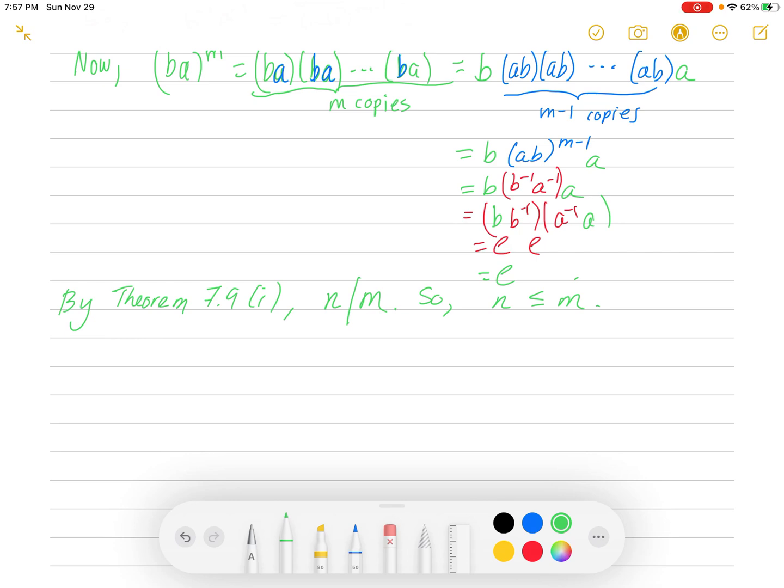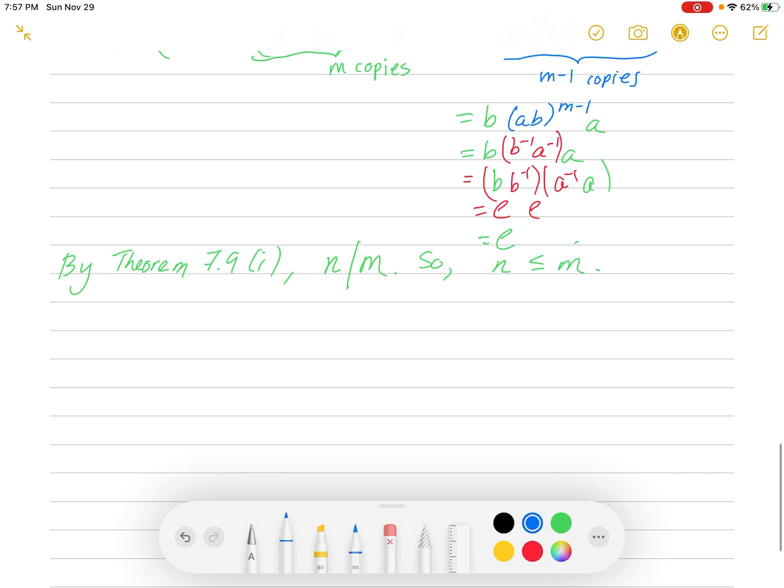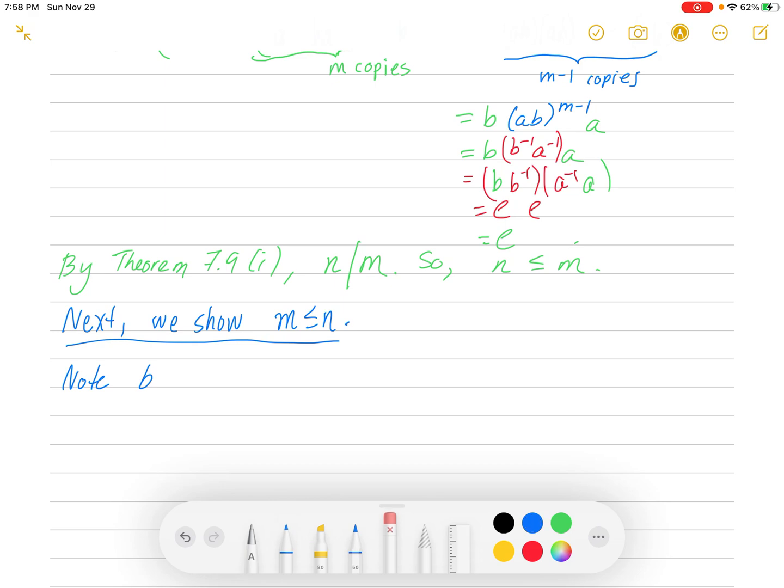So we're going to do a similar thing to show m is also less than or equal to n. So next, we show, it's pretty much the same argument. Next, we show m is less than or equal to n. To go through almost the same motions, but reverse the roles of B and A. So first, note